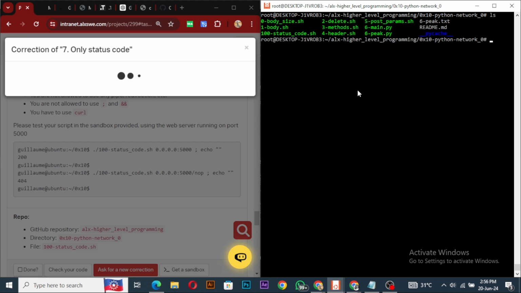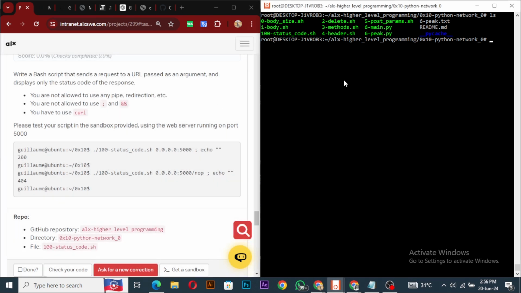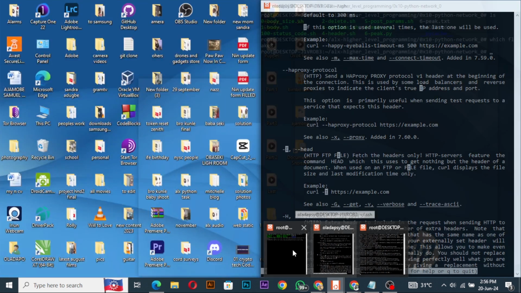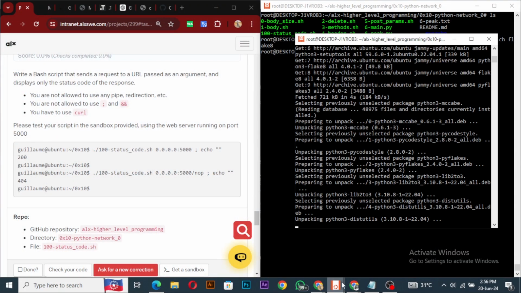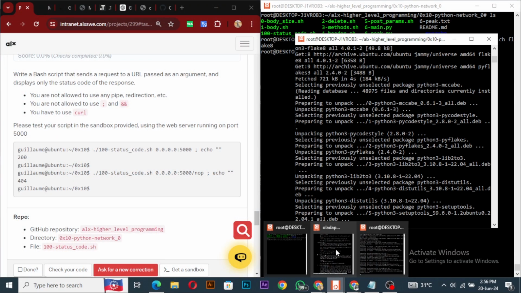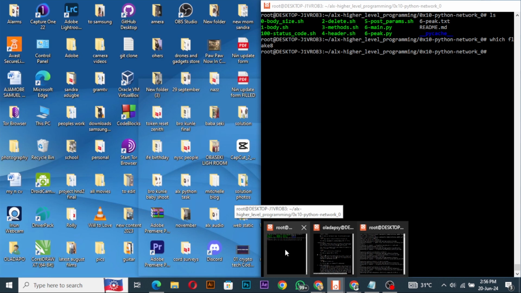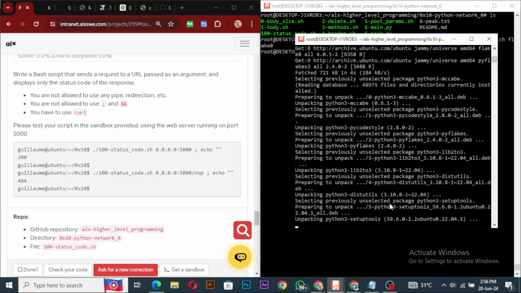Okay, we might have pushed this one. Flake8 is not installed yet, so it's not installed yet. Okay, it's not installed yet. So this one has worked, and